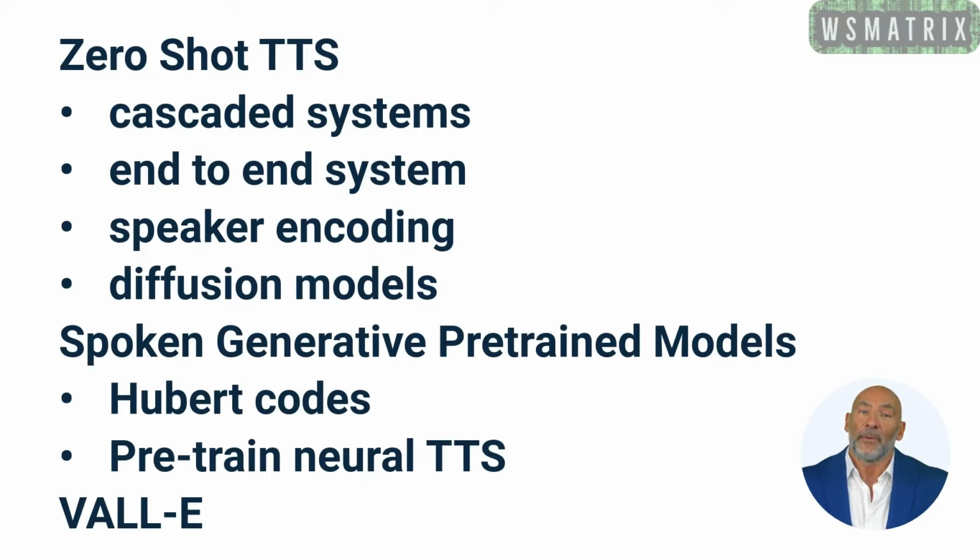Another approach is to pre-train neural TTS systems. This involves training them on a large amount of data before they are fine-tuned for a specific task. This method has shown improved performance in speech editing and synthesis. However, previous TTS pre-training work uses less than 1,000 hours of data. Vall-e, in contrast, is pre-trained with 60,000 hours of data. It's also the first to use audio codec codes as intermediate representations, a kind of bridge between the text and the speech, allowing it to learn in context for zero-shot TTS.